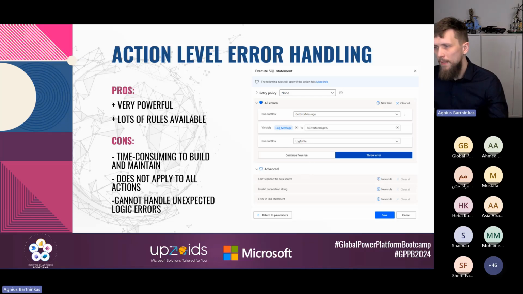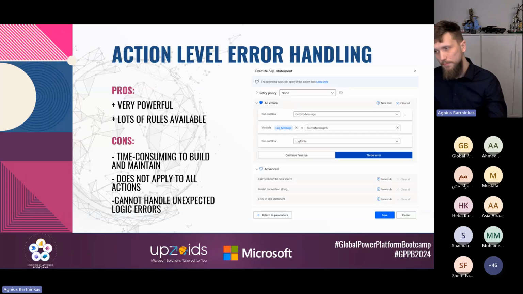errors on it. And then it doesn't actually handle the so-called unexpected logic errors. So these are the sorts of errors that Power Automate Desktop simply doesn't expect. It's an error like the index out of range exception, right? When we target a list, but we set an index that is actually out of bounds of the actual length of the list, or the object doesn't contain property named something exception, or the data table doesn't contain column named something exception. These sorts of things, usually related to referencing values inside more complex variables, are considered to be